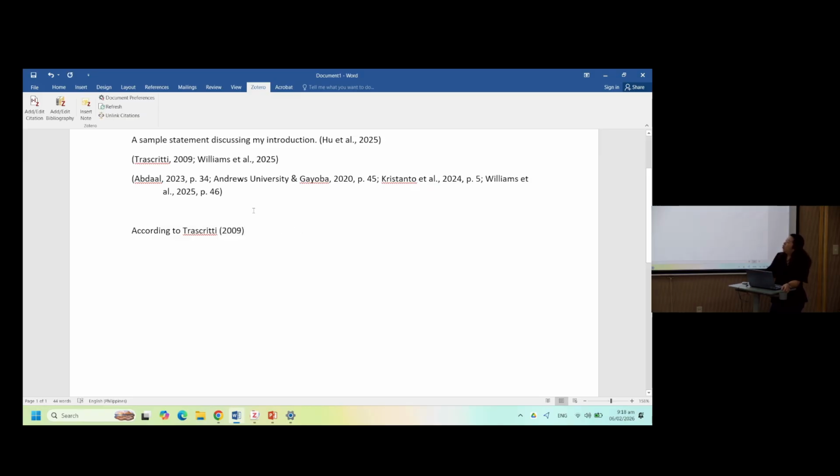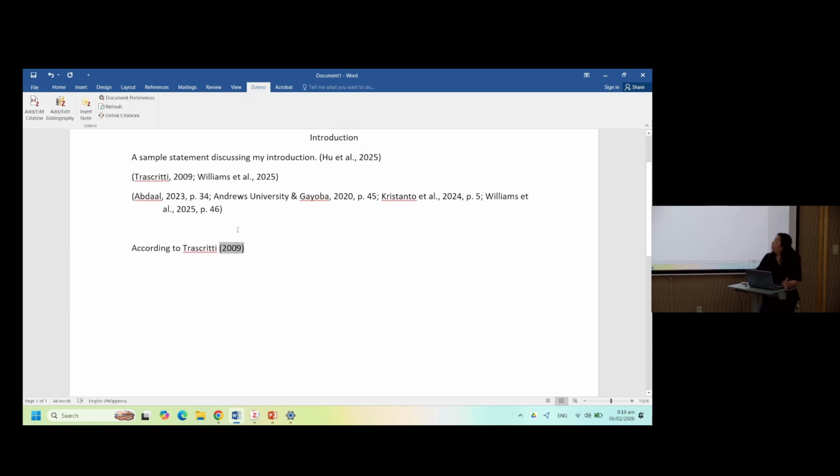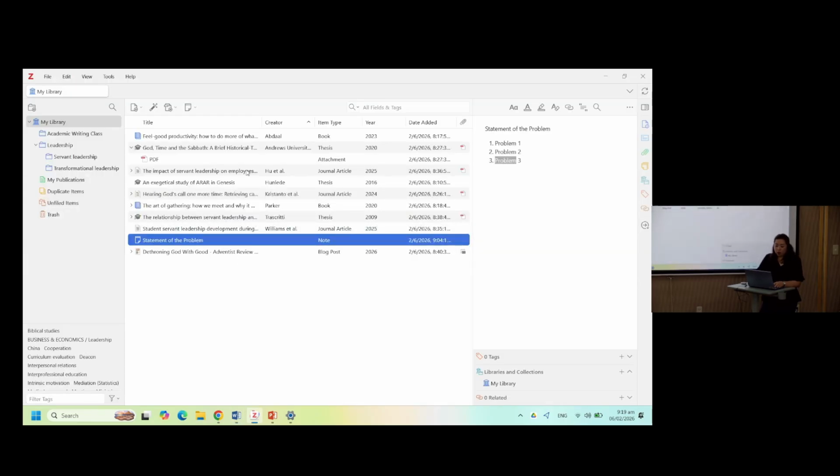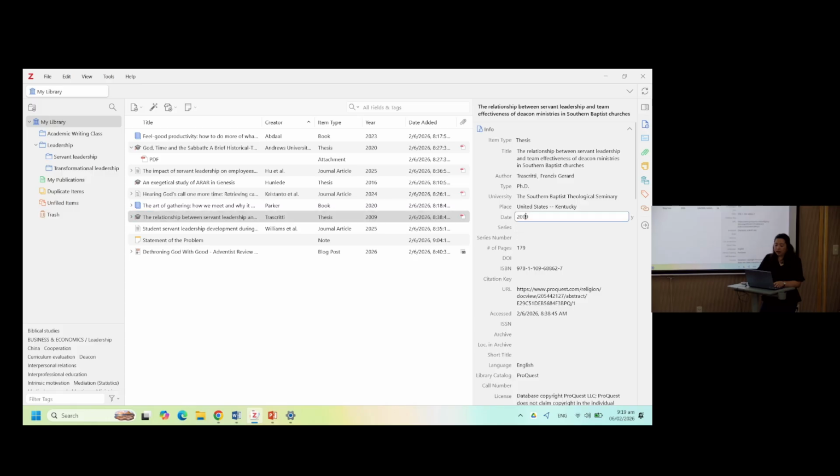Now, remember that you should not, I repeat, should not edit any item within this grayed area. Because if you do so, it will mess up the system of Zotero and your Word document. If you want to edit any item, you'll have to edit it in Zotero. For example, I found that this article is not 2009. It's supposed to be 2010. So I'm going to that article and edit it here.